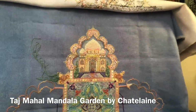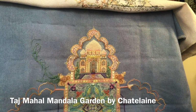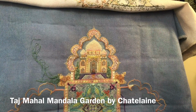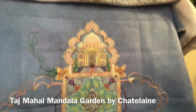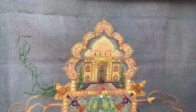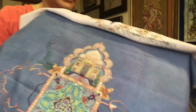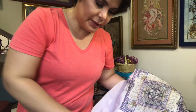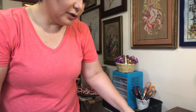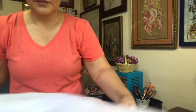I mean, I used to stitch in 28. I prefer 28, but yeah, I started this in 32. And with different silks than Martina asked for, but it's really pretty. I mean, sometimes in the